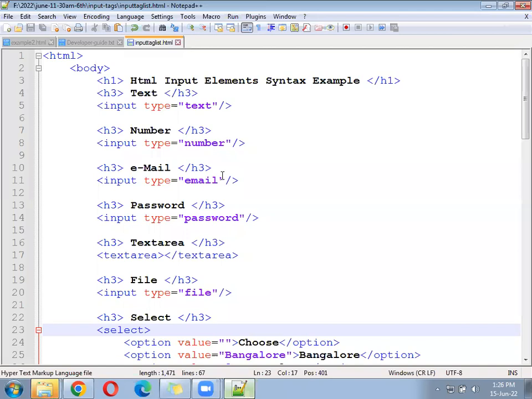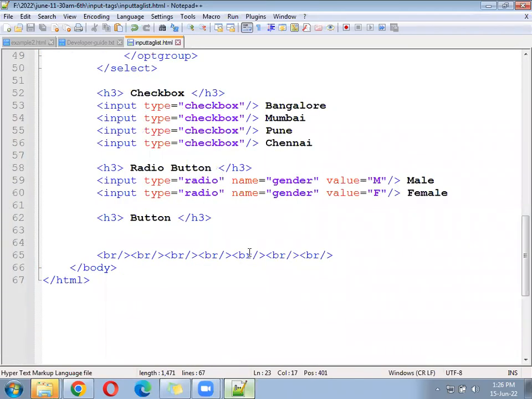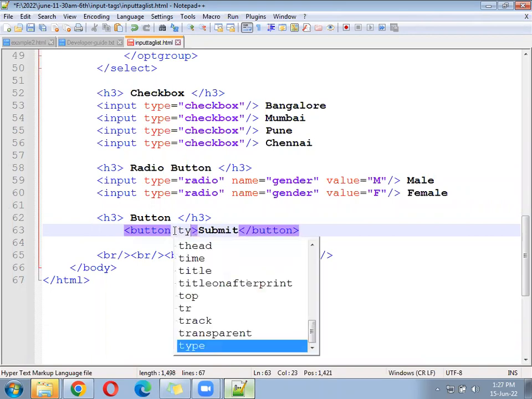Okay, now come down. We have 2, 3 more. Add that. Button. How many types of button do we have? 3 types. Just we can write here. It will be non-functional as of now because you have not used the form tag. Button. Right inside, call this submit. Here you have different type. Type equal to